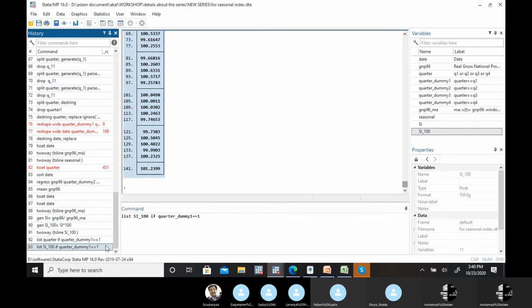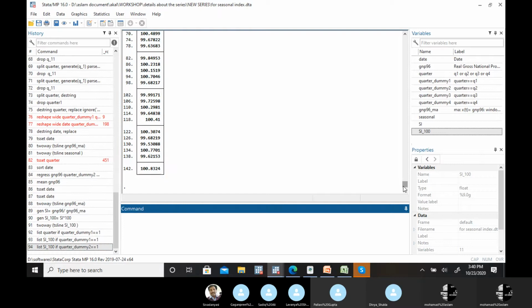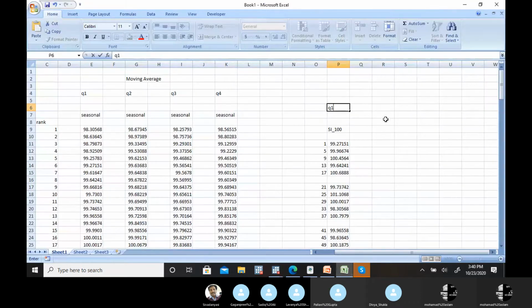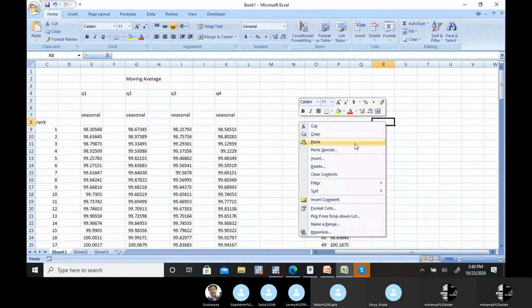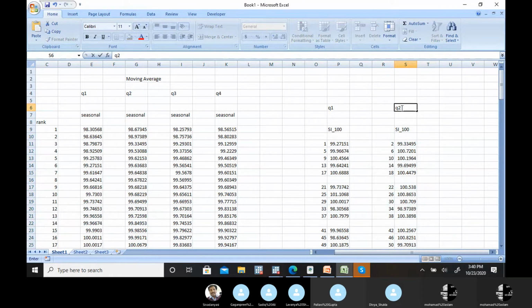Then you need this for the second quarter. So in place of first, just change to second, enter, copy the values for the second quarter as a copy table, paste. Now we have values for the second quarter. These are seasonal irregular component values. We have to eliminate the irregular components from here. So first we are making these into separate columns.